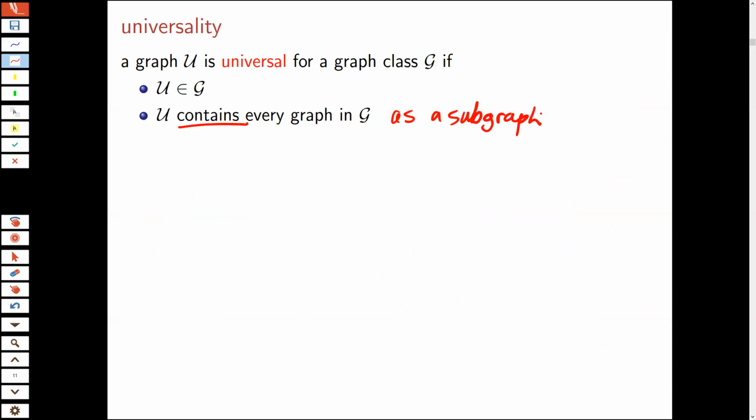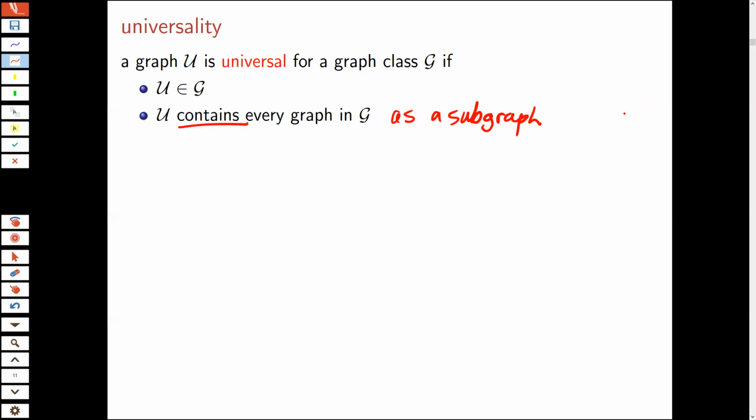But now think about this. Excuse me, do you mean induced subgraph or just subgraph? Subgraph. I will talk about induced subgraphs in the second half of the talk, but I'll say induced then. Okay. For me, a subgraph is not necessarily induced. Okay, I got it. Thanks. Now,